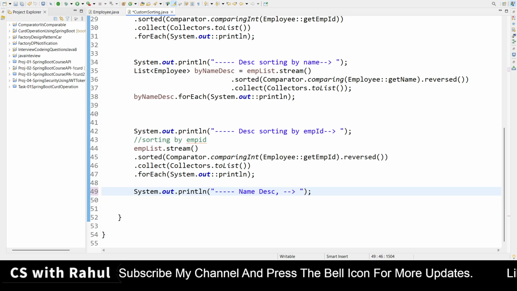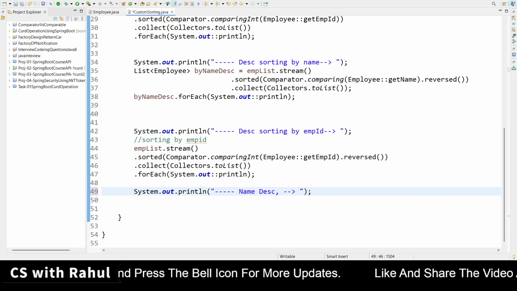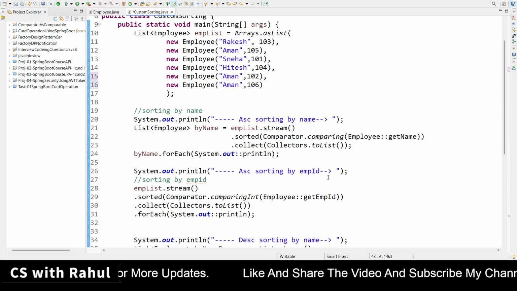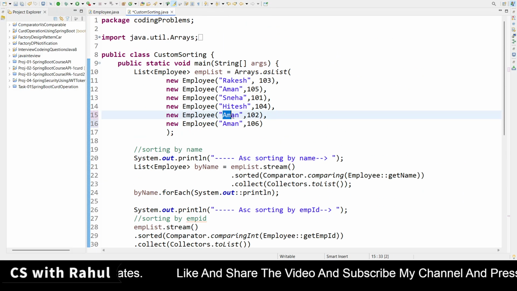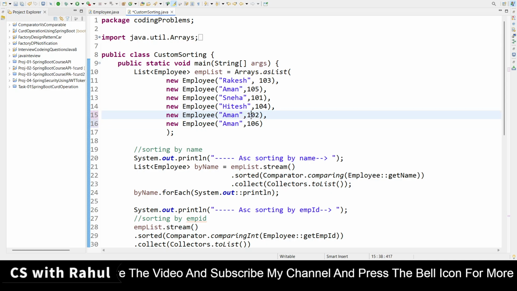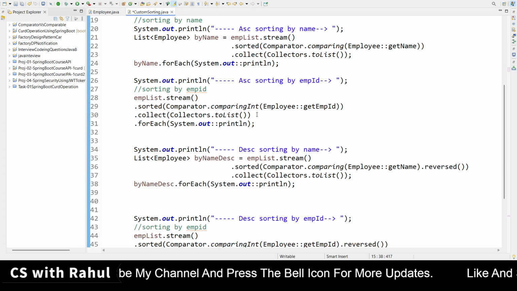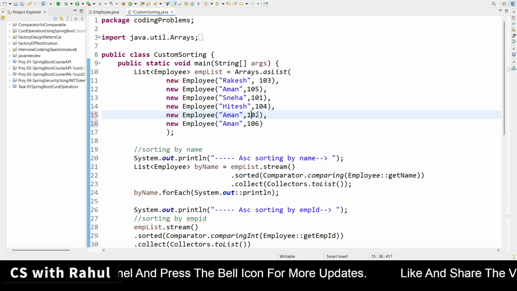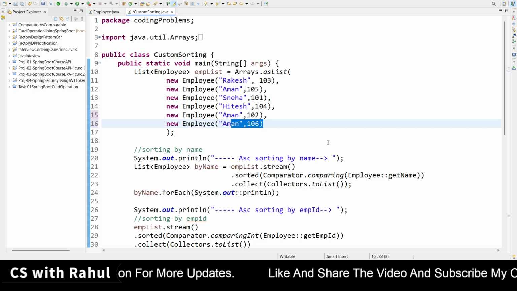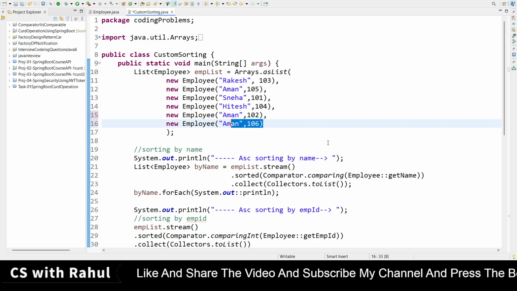And after that, if the name is the same, suppose in my case, in the example I have taken here, Aman is there 2 times, so which ID should come? I am doing this based on employee ID. In the slide I had taken person, that's why age comes to my mind, but here it is employee ID.